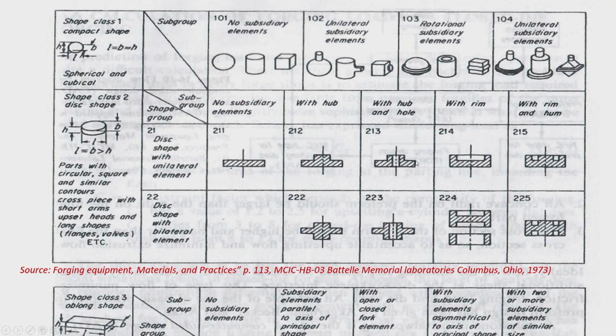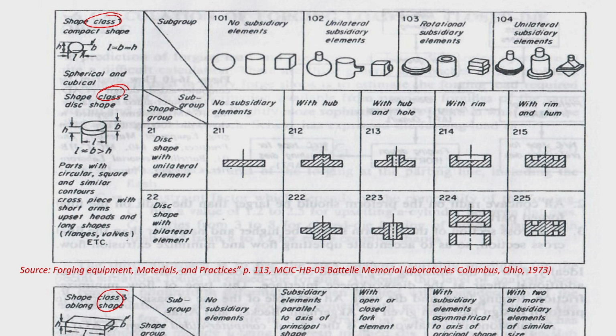So rationalizing the design of closed die forging is basically done by the classification of shapes which are commonly produced. A large amount of work has been carried out in closed die forging, and depending upon the complexity, the shape can be classified as very simple, complex, or very difficult. You can see that it is divided into class 1, class 2, class 3, and so on, where class 1 is the compact shape, generally spherical or cubical. That means if it is cubical, L is equal to B is equal to H, or approximately equal to that.